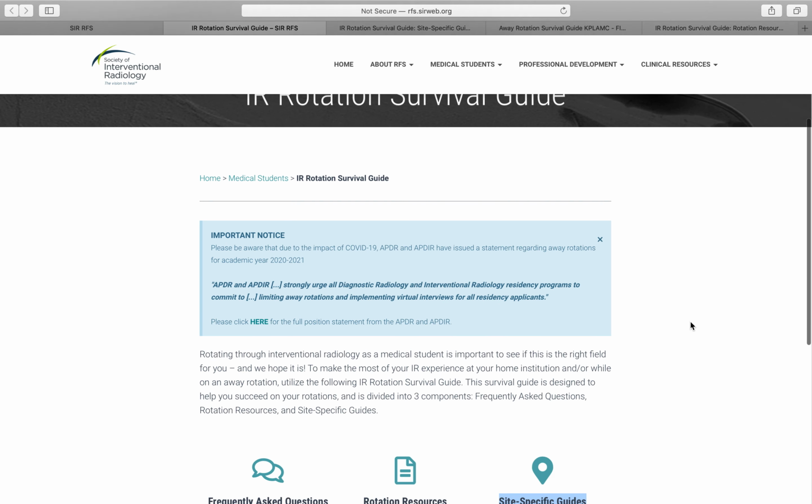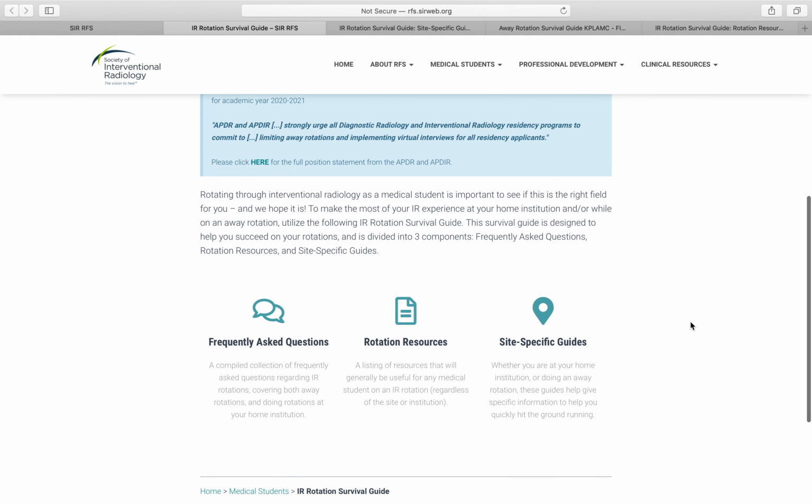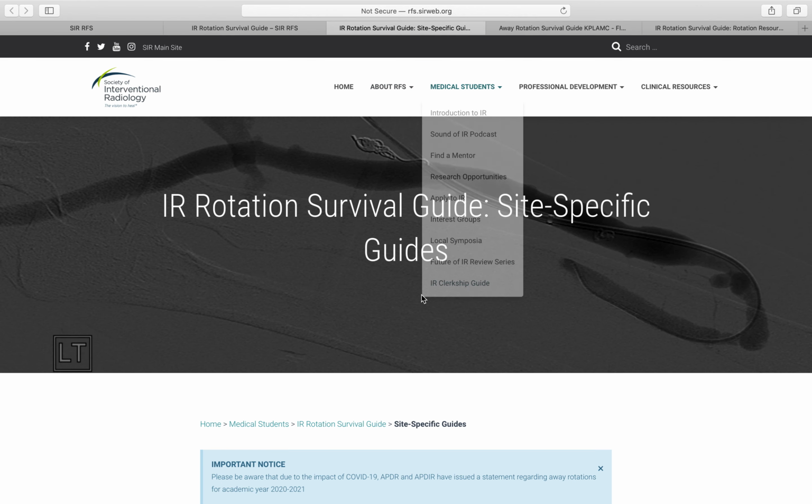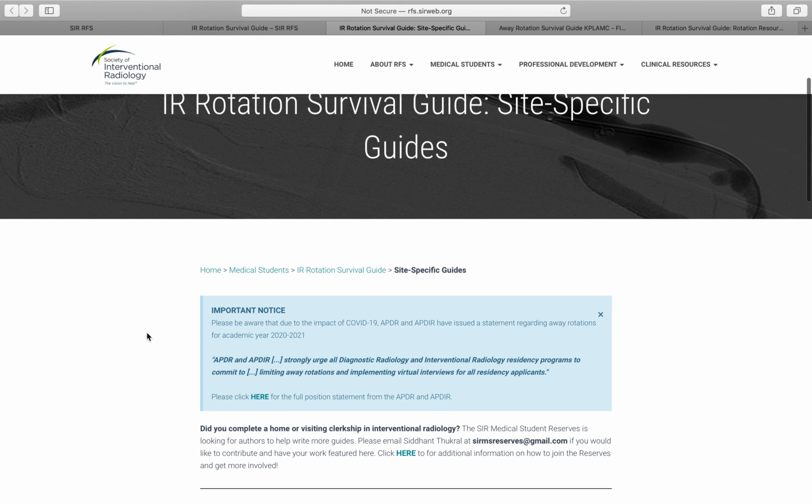These rotation guides were created to cover material that's universal, but then also material that's specific to a particular site. So you can click on the site-specific section down here,